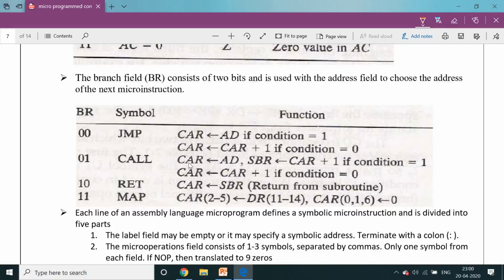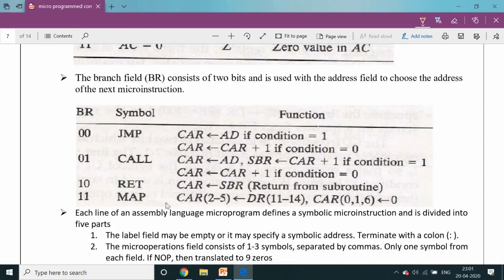Call instruction, in this case, 2 actions are performed: address register is stored into the CAR, and CAR plus 1 is stored into the subroutine register if condition equals 1, and control address register plus 1 if condition equals 0. Return: the subroutine register address is stored into the control address register.